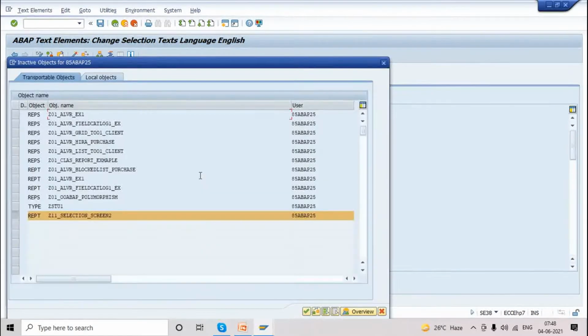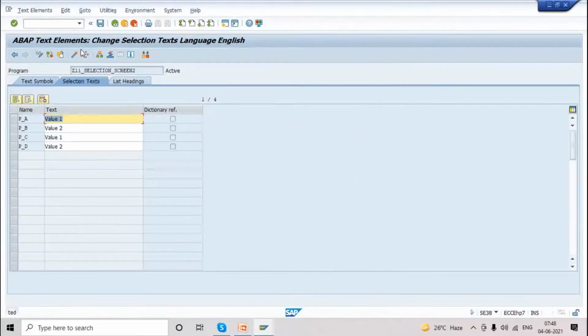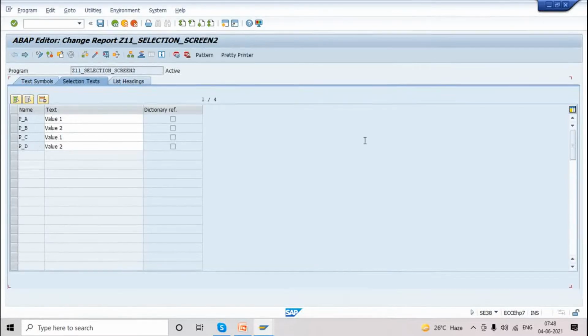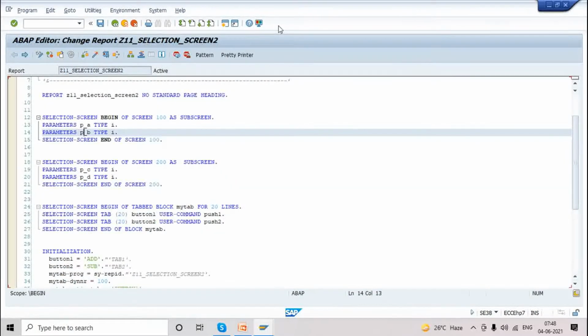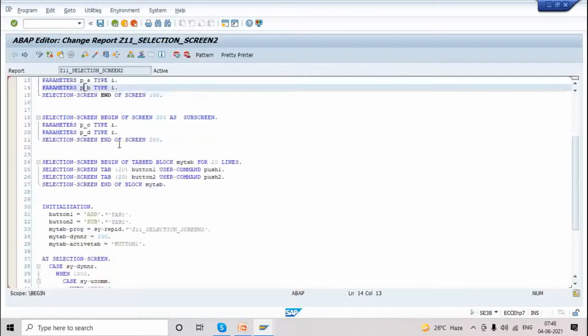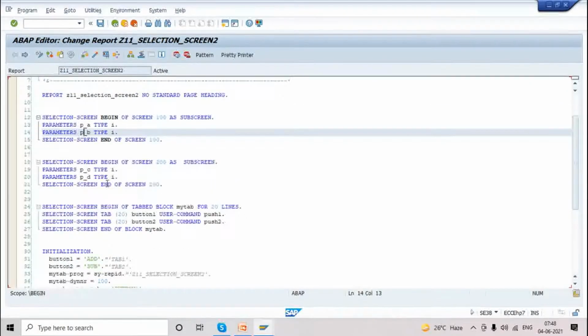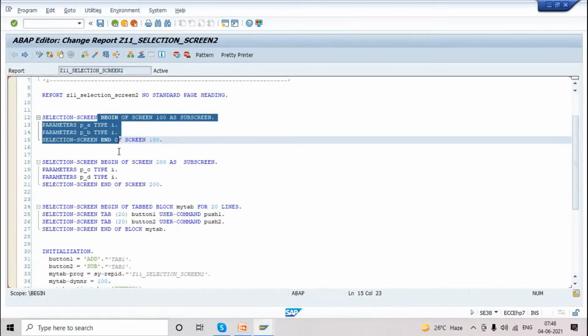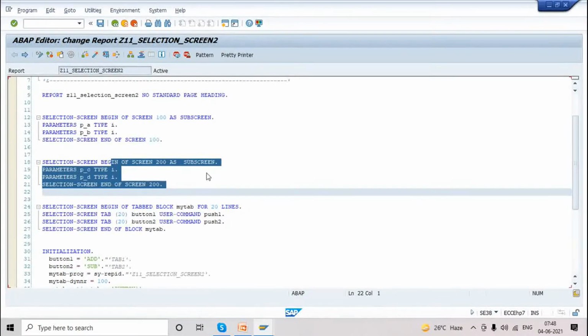So we are taking a very simple example, but actually the requirement is they want to display sales orders with a different selection screen. Output is sales orders only. First tab is based on the weekly report. Second tab is based on the monthly report. So inputs will be like that, but output will be the same. Data will be read from the same table, but selection screens are different.